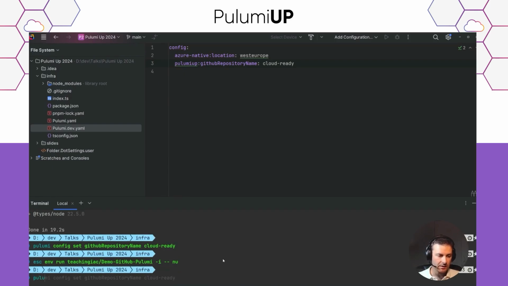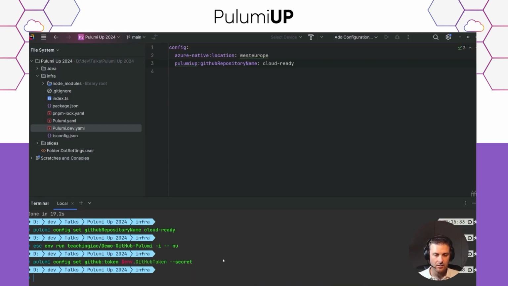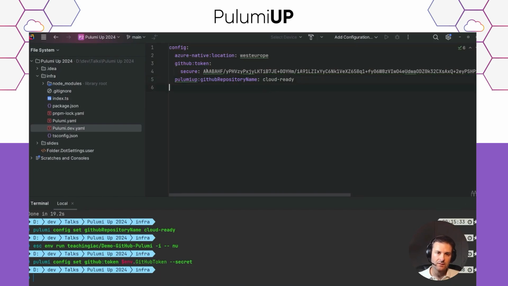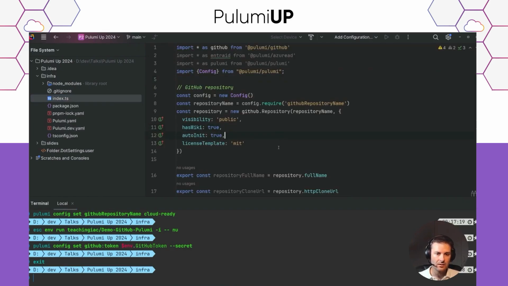So this way I can then do my Pulumi config token, and my token has been injected in this environment variable. You can now see it there. It's of course encrypted for me to be able to commit it securely. And I can just exit Pulumi ESC. Okay.